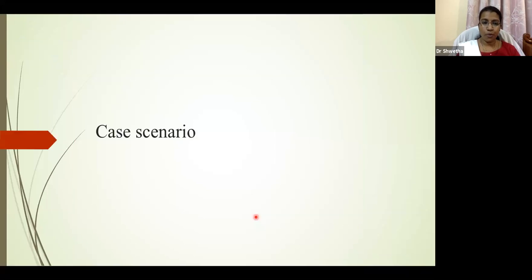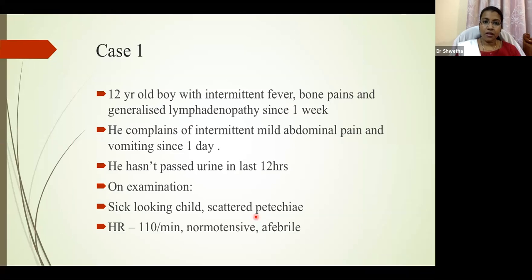So coming to the talk proper, we'll be discussing case scenarios. So the first case is a 12-year-old boy with intermittent fever, bone pains, and generalized abdominal pain since 1 week. He complains of intermittent mild abdominal pain and vomiting since 1 day, and he hasn't passed urine in the past 12 hours. So on examination, we see a sick-looking child with scattered petechiae, a heart rate of 110, he's normotensive,